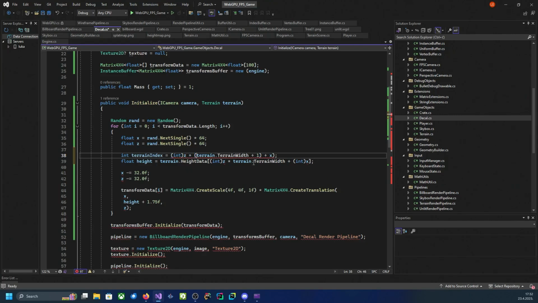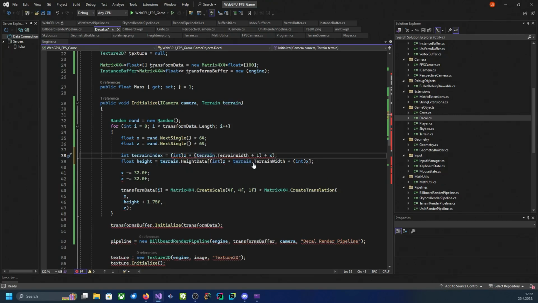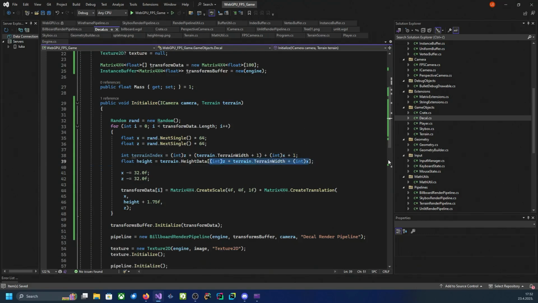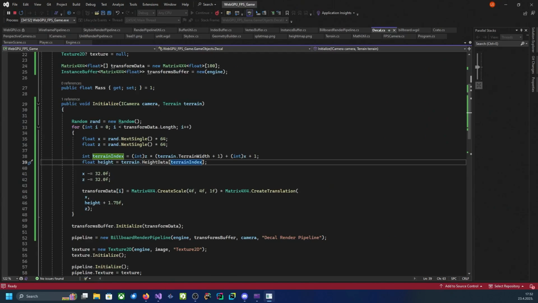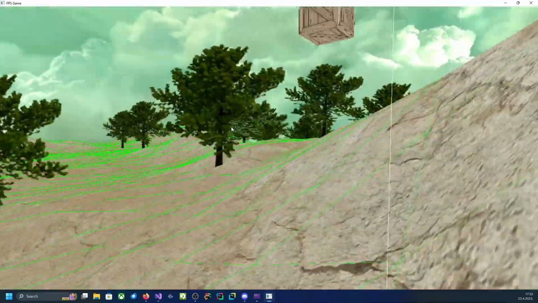And I don't need this here actually, and then our x +1, and then we can take that index in. It's not terrain index, it's actually maybe, let's leave it as is. So now if I take a look,